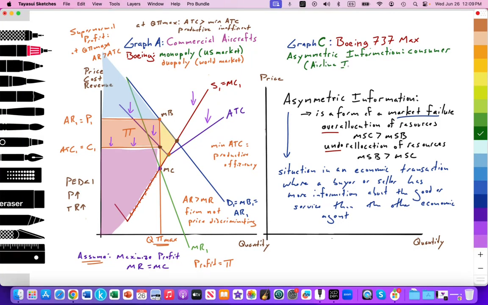The airline industry consuming the 737 MAX has less information